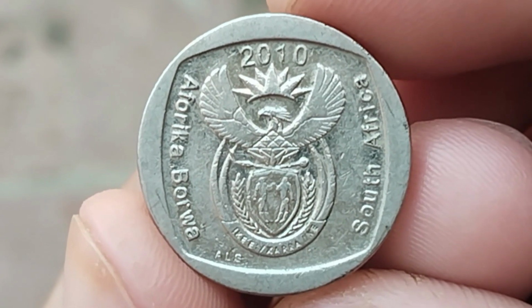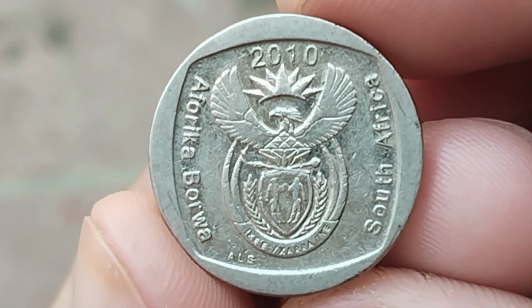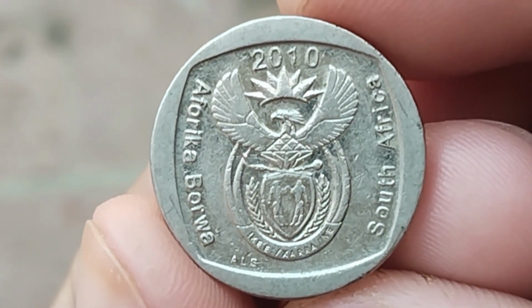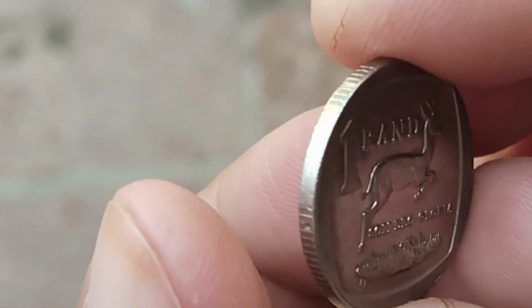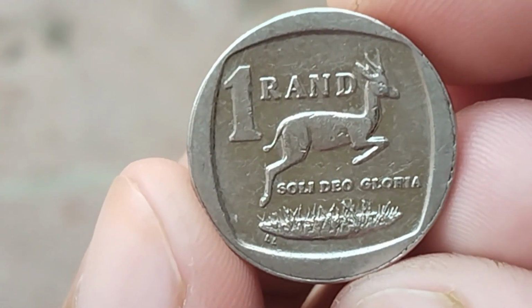Coins that remain in such good condition after years of circulation are considered rare, which drives up their value. As demand grows and supply remains limited, the value of the 1 Rand coin has skyrocketed. Today, this coin in very good condition is being listed in auctions for astonishing amounts, some even reaching millions of